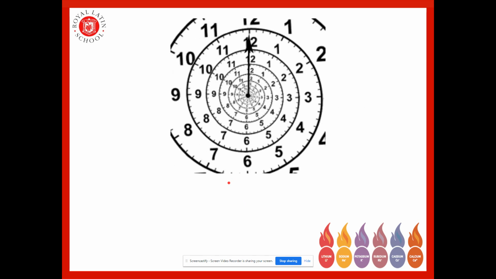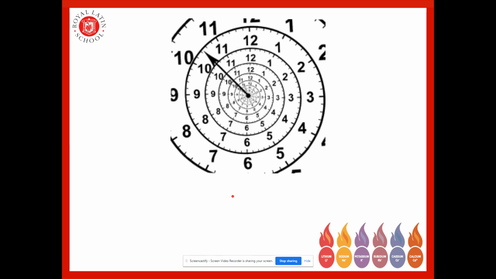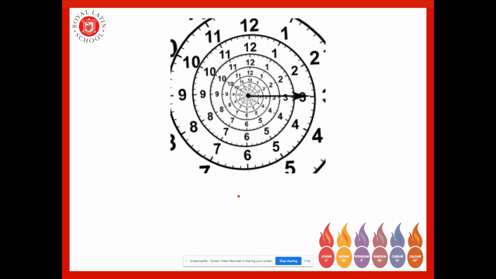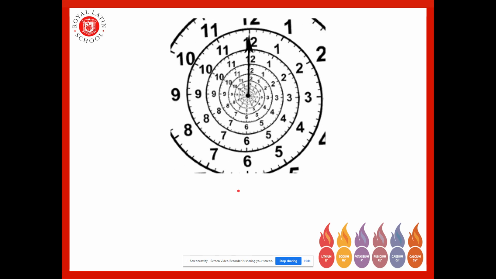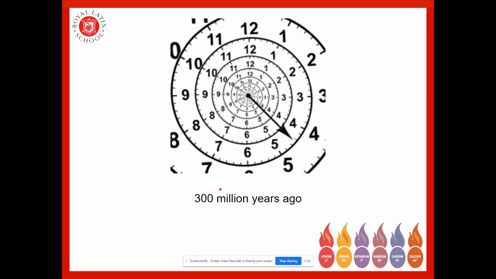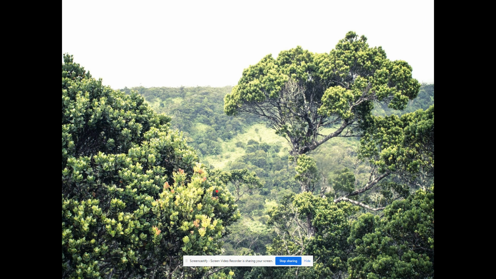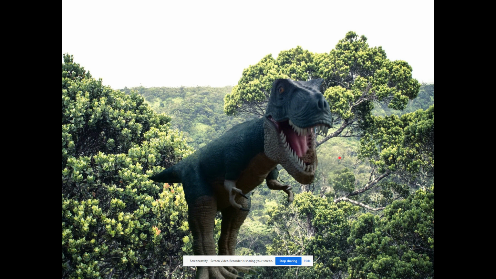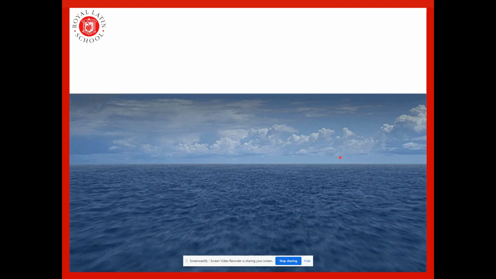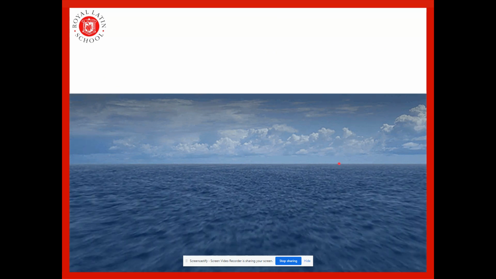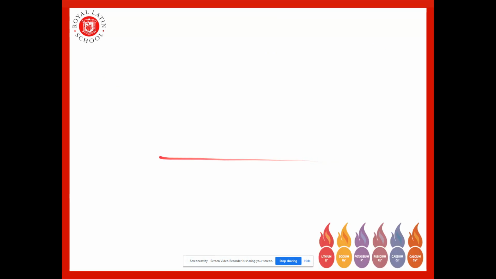Right, off we go. I'm going to take you back in time. Back not just a few years, not just a few hundred years, nor a few thousand. We are going back hundreds of millions of years, about 300 million years ago, to a beautiful tropical time with dinosaurs. Now that could be on the land or in the ocean, but over time, as those animals died,